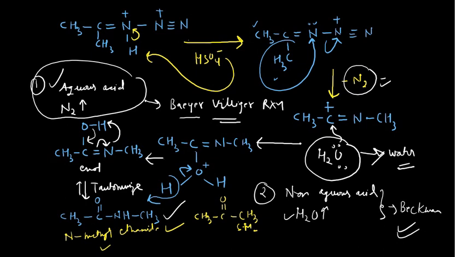And in the product, what had happened is that this NH group has inserted between the carbonyl group and one of the alkyl groups. Whenever you have a symmetric ketone, there is no problem where you insert this NH, whether on the right hand side or the left hand side, it will not make any difference. But if you have an unsymmetrical ketone, then you have to see the migratory aptitude. So I can explain that example also. Say this one, okay. Say now I am using the Beckmann type of pathway.